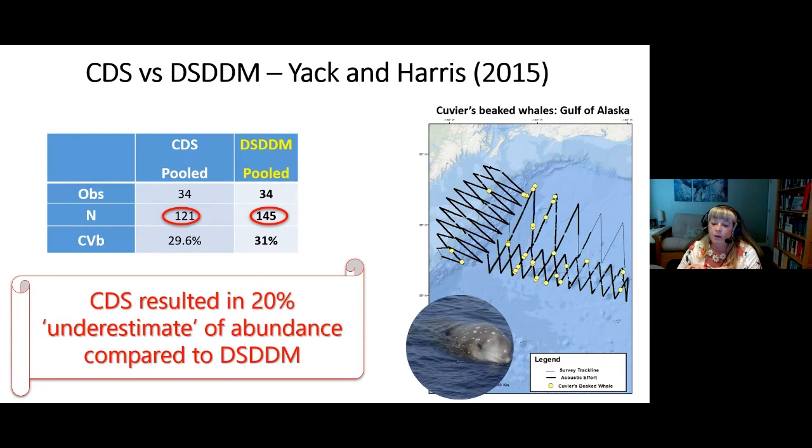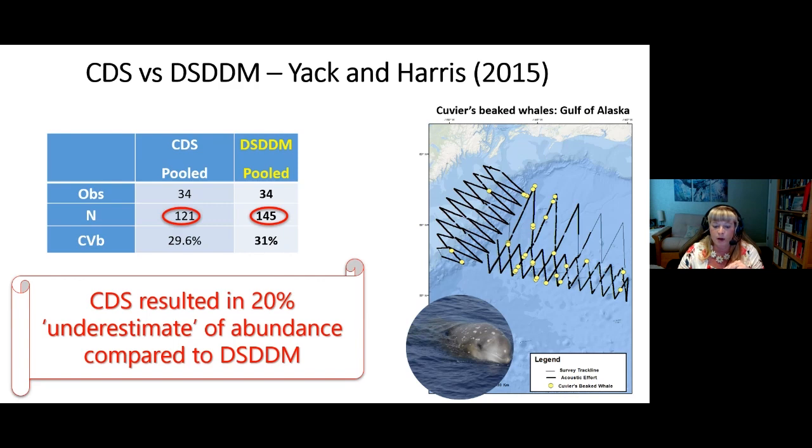Additionally, Danielle and I worked on a project that we presented at a DCLD conference way back in 2015 to compare this method to traditional distance sampling methods for Cuvier's beaked whales in the Gulf of Alaska. We wanted to assess the bias associated with not incorporating a depth distribution into the detection function. The results shown here, with 121 animals estimated using conventional methods and 145 animals using the depth distribution methods for 2 of our surveyed strata, indicate about a 20% underestimate in abundance would occur if slant ranges are left uncorrected. That can be really important when you're trying to get results as accurate as we want for